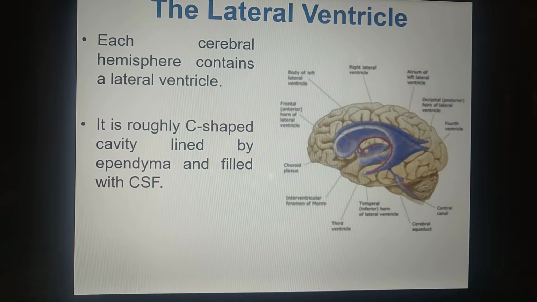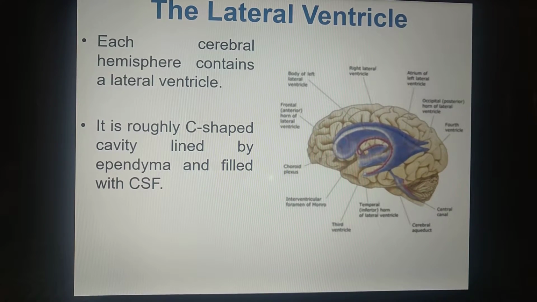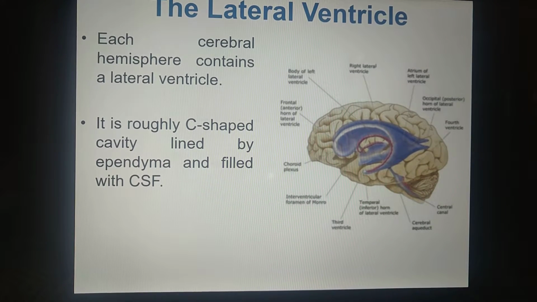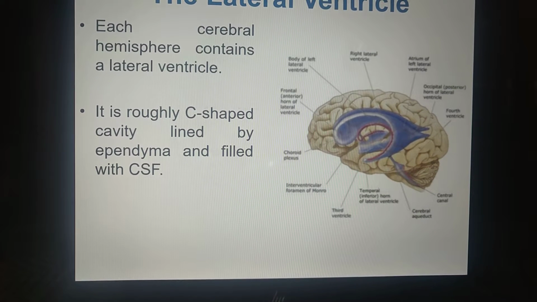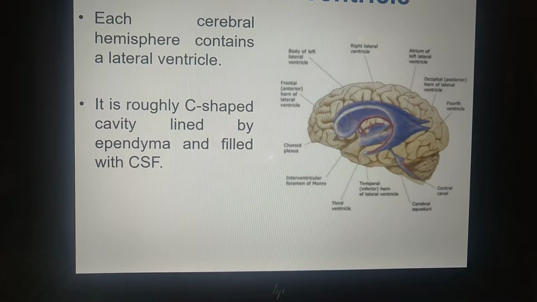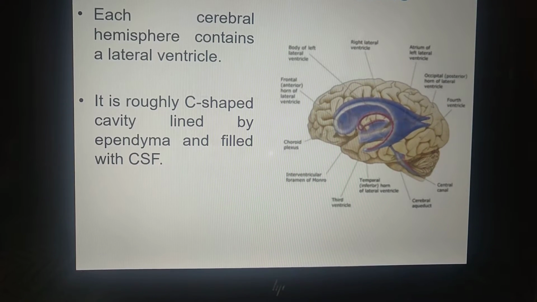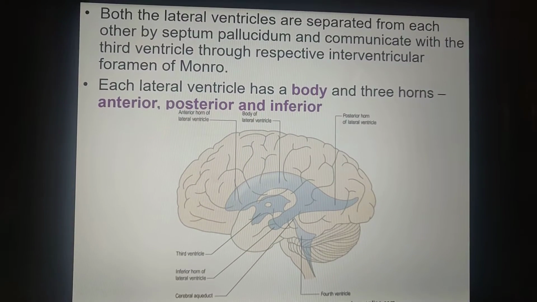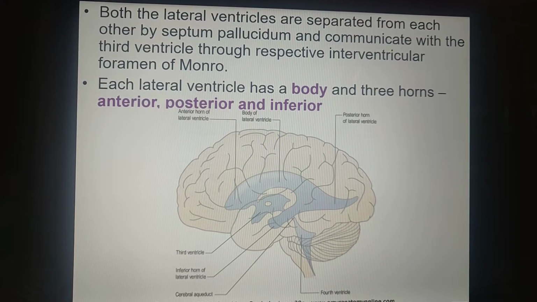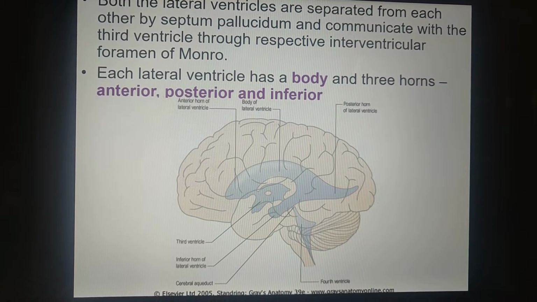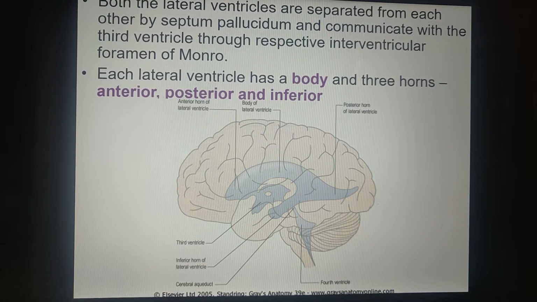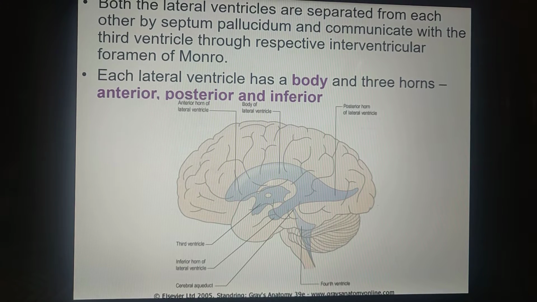Today we will discuss the lateral ventricle. Each cerebral hemisphere contains a lateral ventricle, right and left. It is a roughly C-shaped cavity lined by the ependyma and filled with CSF. The lateral ventricles are separated from each other by the septum pellucidum and communicate with the third ventricle through the